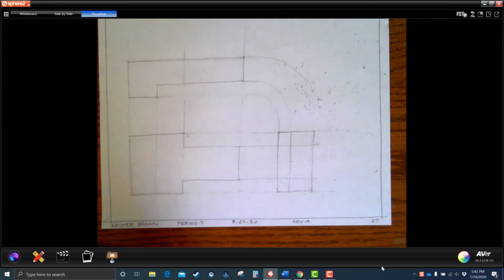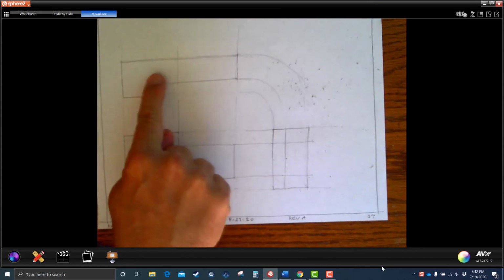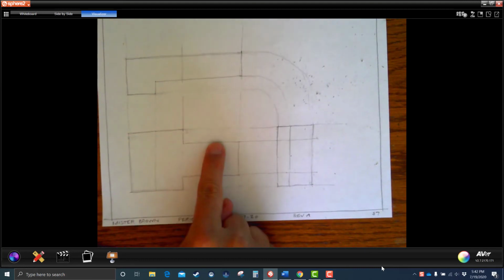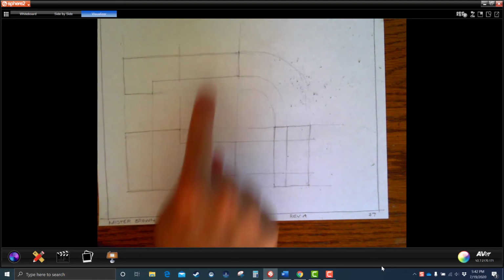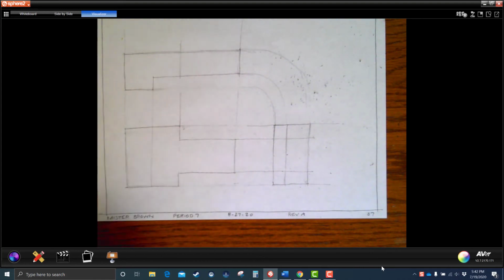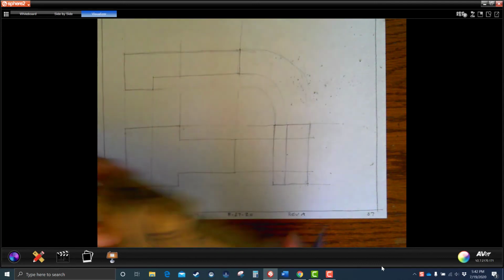So on these multi-views, you can't tell which one of these is lower or higher until you look at another view. Oh, this one's lower than this, so that means this right here must be lower than this up here. So that's one of the skill sets you're going to learn here as you learn how to communicate these ideas in this new technique. And then on the side view,